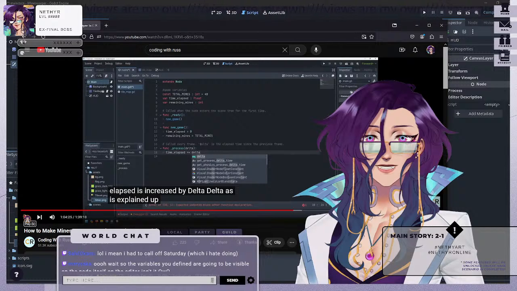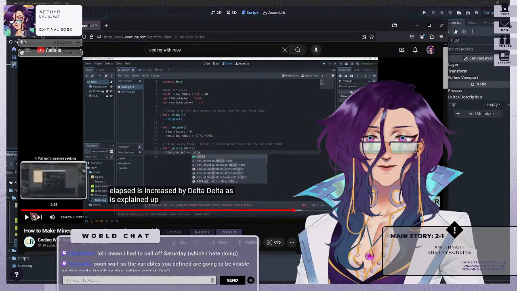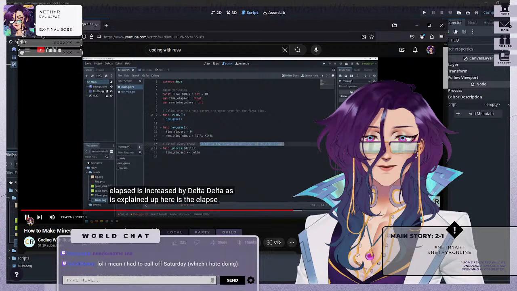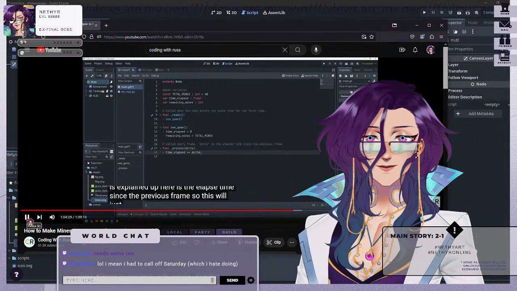Oh wait, so the variables you define are going to be visible on the node itself on the editor, isn't it? Yeah! Exactly. Here is the elapsed time since the previous frame. So this will just track how long the